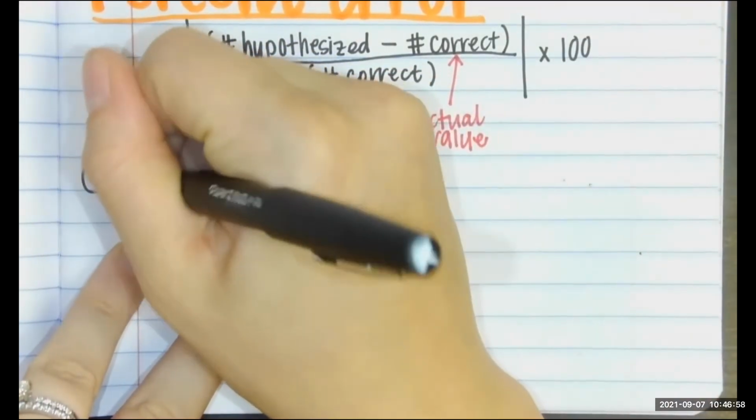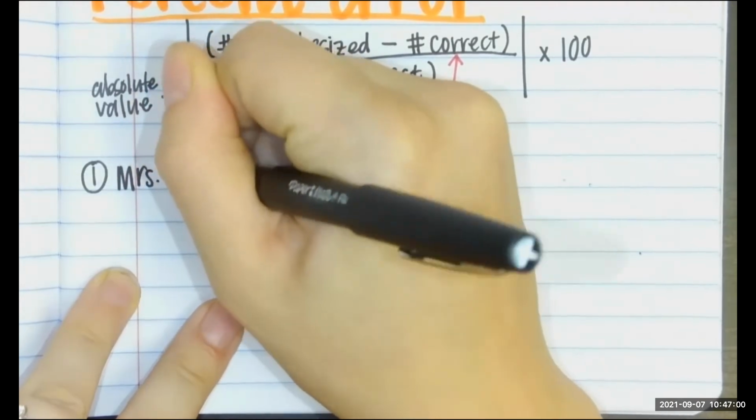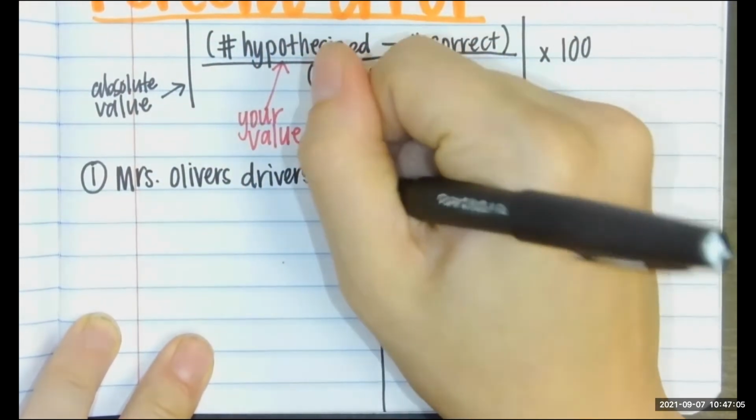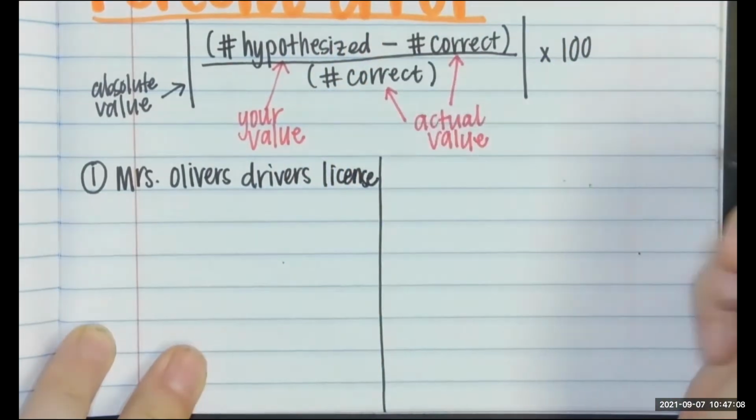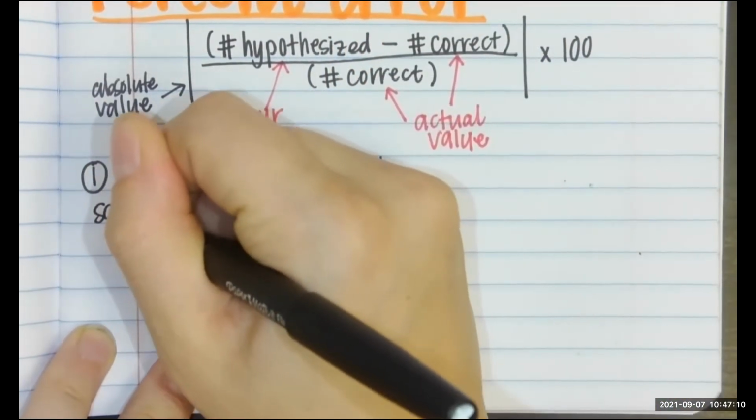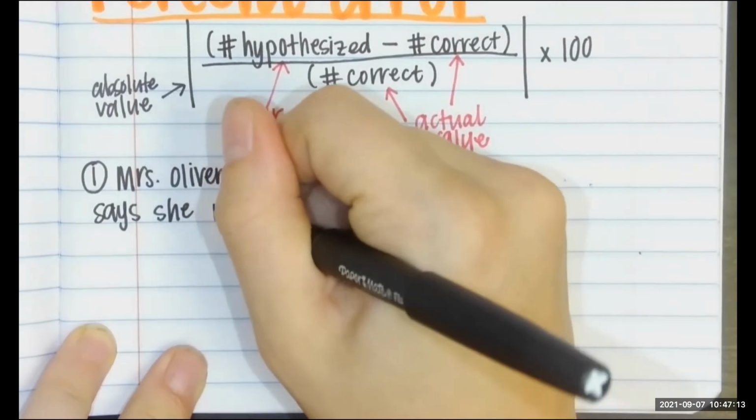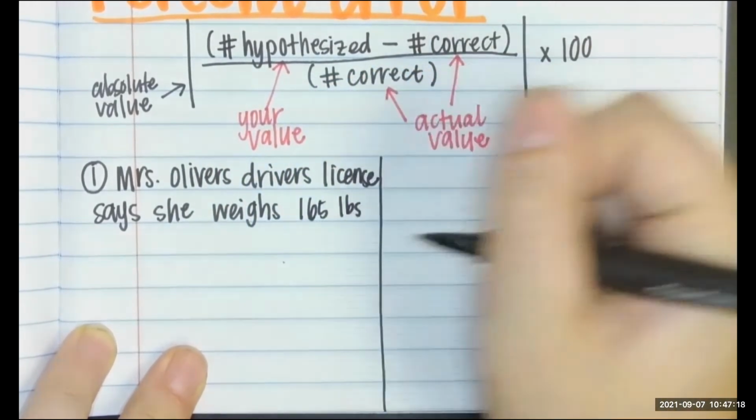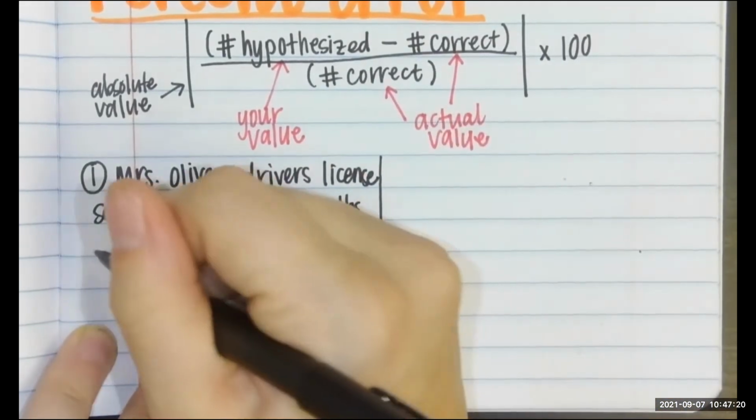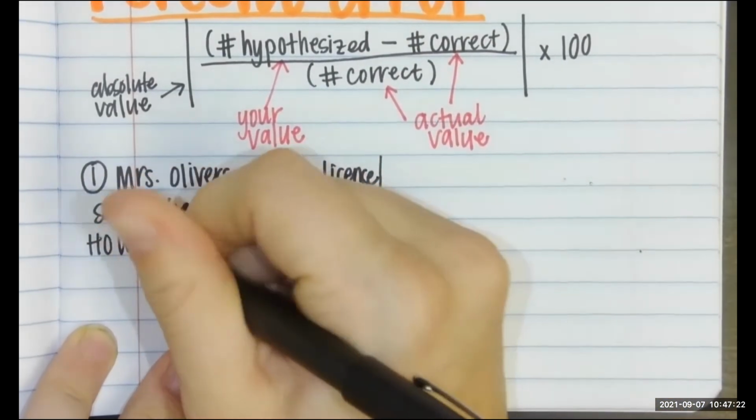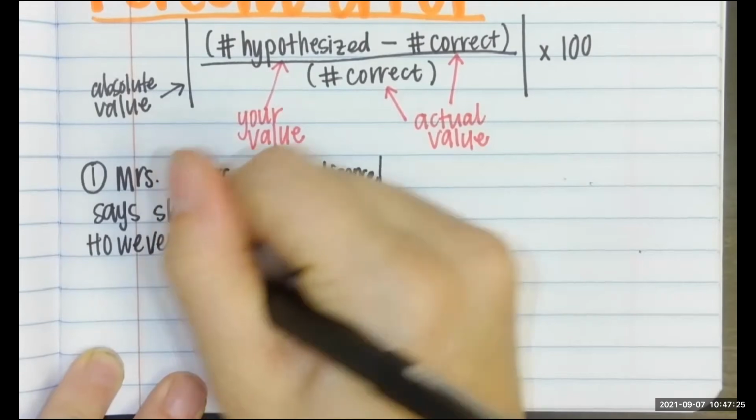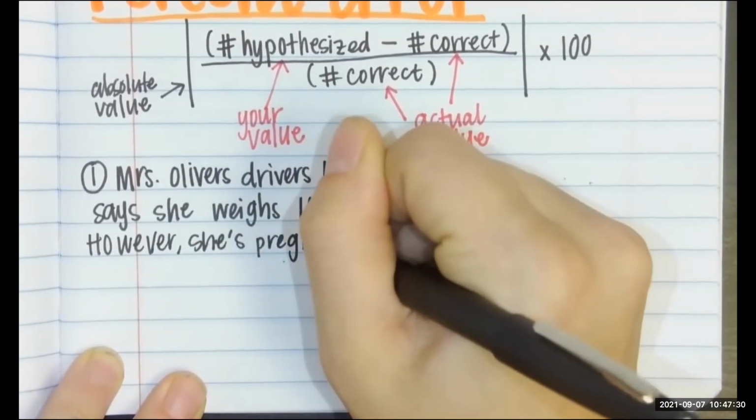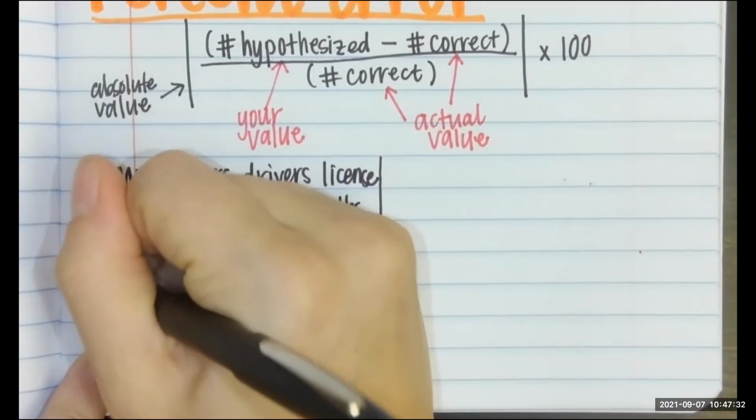Oliver's driver's license says she weighs 165 pounds. However, she's pregnant and actually weighs